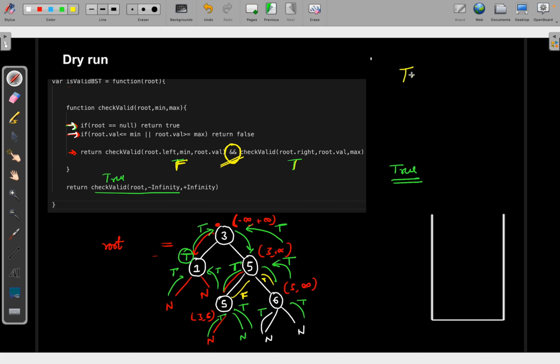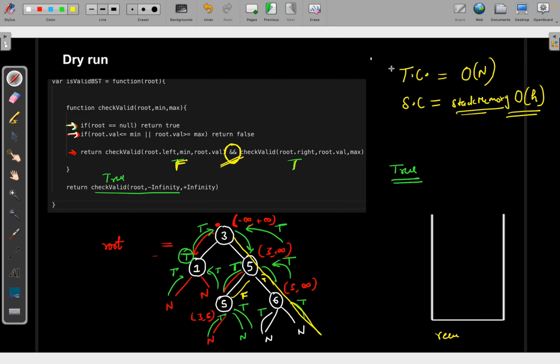What will be the time complexity of this approach? Basically, I am traversing each node only once, so the time complexity will be big O of N. What will be the space complexity? The space complexity will be the longest length of your branch. This is the longest function calling you are doing, in the recursion stack, which is stack memory space. The longest path is also known as the height of the binary tree. So it will be big O of H. Time complexity big O of N, space complexity big O of H, and that's the dry run